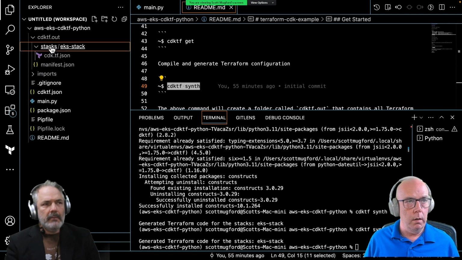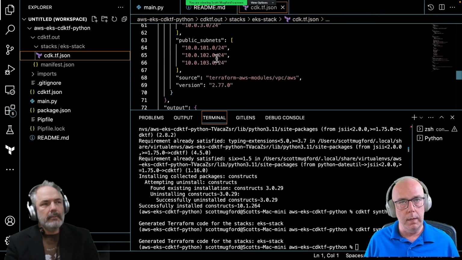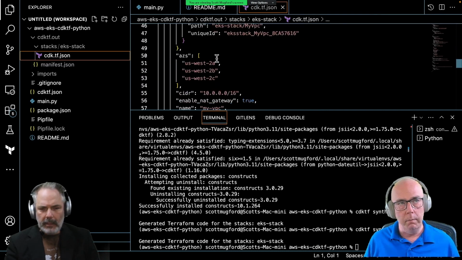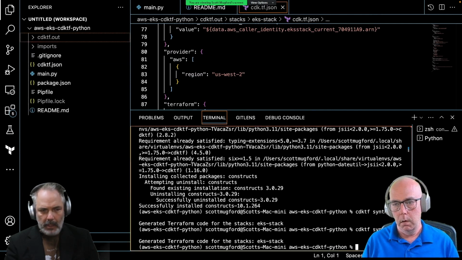And stacks, it does make stacks, but it makes Terraform stacks, not CloudFormation stacks. So this is Terraform code. If you want to go through and look at the output of the code, you can do that. And if you do CDKTF and then deploy,